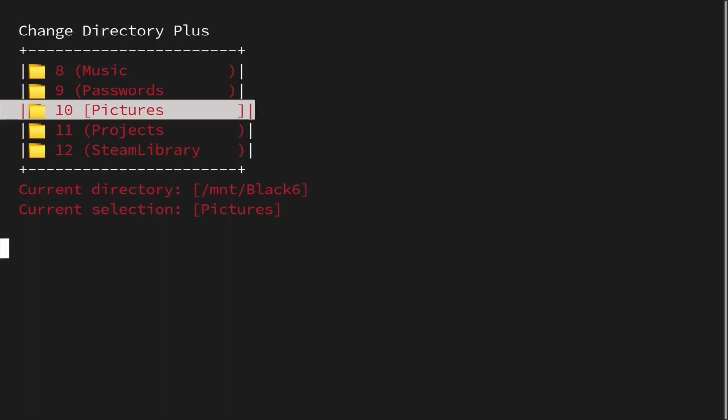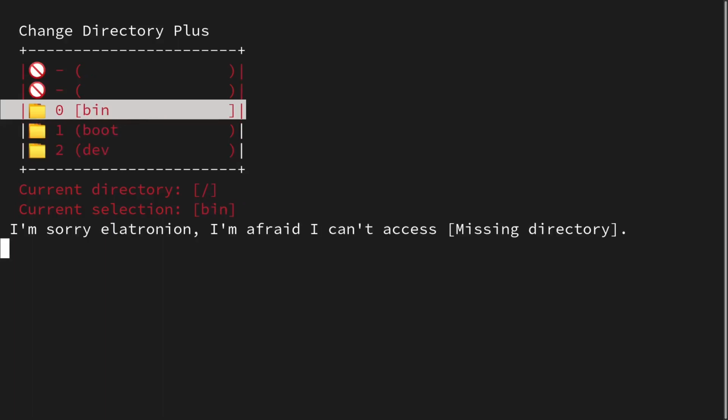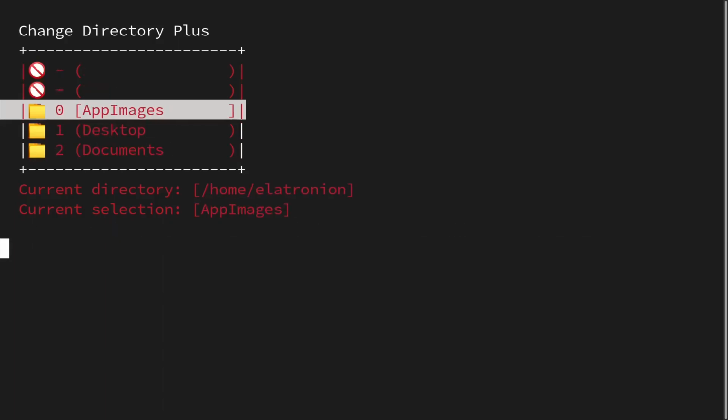I would like to see an option for that so that I can always go back through history, through the files I was exploring, and not just go up a directory. Because now I have to go all the way back to root, go into home, and then into my personal home folder. Well, I gotta be honest, it's not the worst text-based file manager,